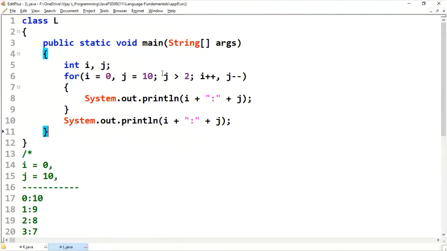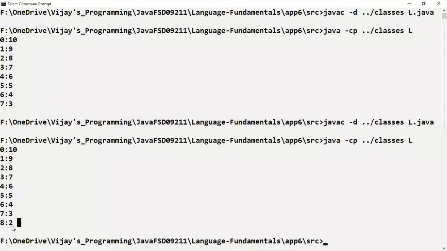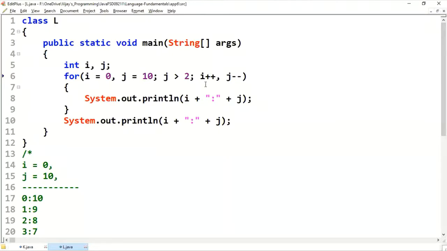Whichever j value made the condition false in the for loop, that j value, 2, since 2 greater than 2 is false, we are printing here. Both variables are changing: i value incremented, j value decremented.